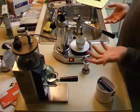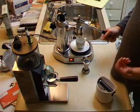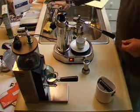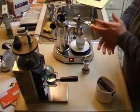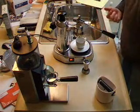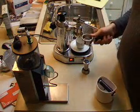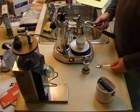So the first thing you want to do is make sure everything is preheated. On Pavonis, the first shot is almost always the worst, and my belief is that things are not preheated properly. So the first thing I do is get the water in my sink hot, because if you use water for any step in making espresso, which you will, especially if you're making multiple shots, then you want to be using hot water so that it doesn't cool down any parts that you make espresso with. You also want to preheat your portafilter and your cup, which I do by